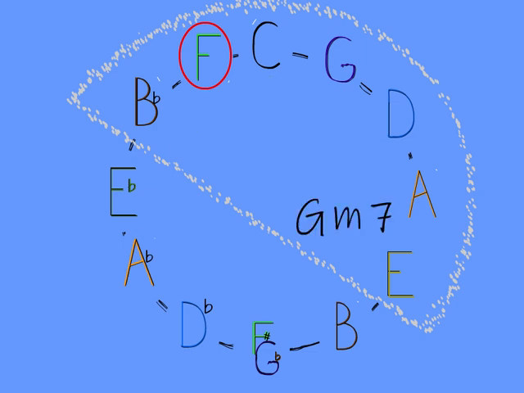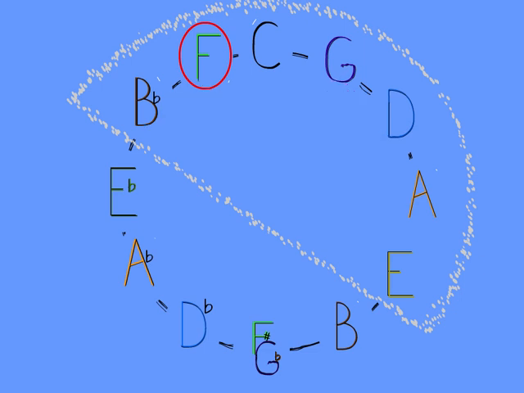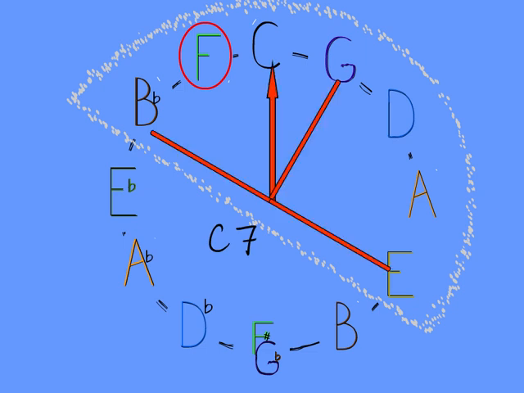G minor 7 is G, B flat, D, F. This is the shape. The 1 and 5 notes, G and D, are side by side, and the 3 and 7 notes, B flat and F, are side by side. The 5 chord in this progression is C7, C, E, G, B flat. The 1 and 5 notes, C and G, are side by side, and the 3 and 7 notes have split up,